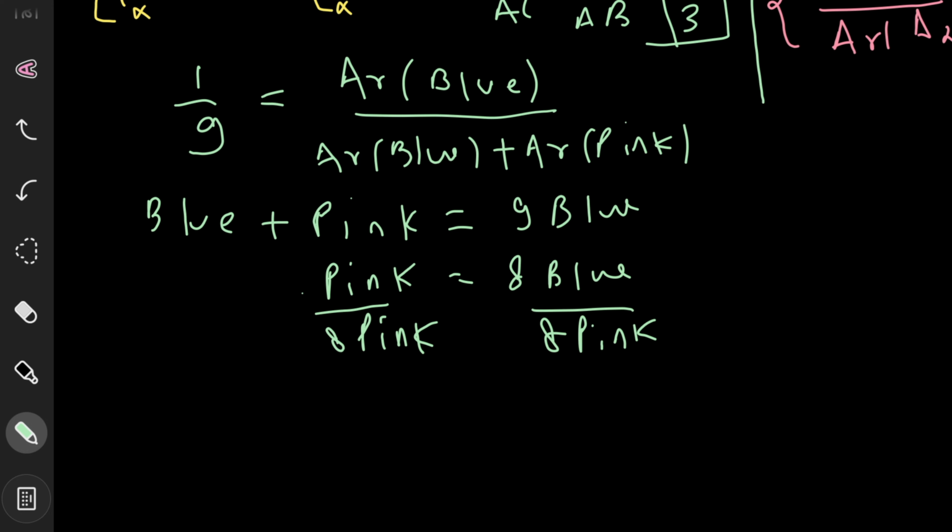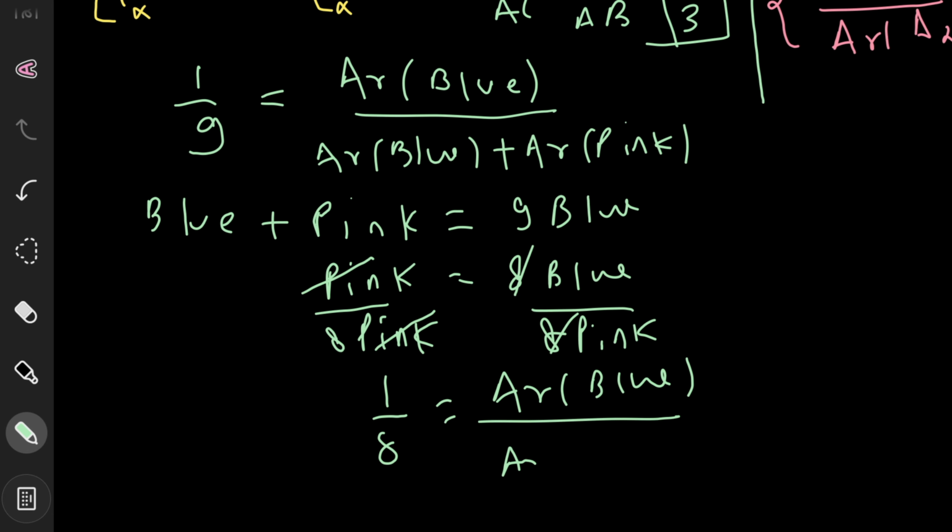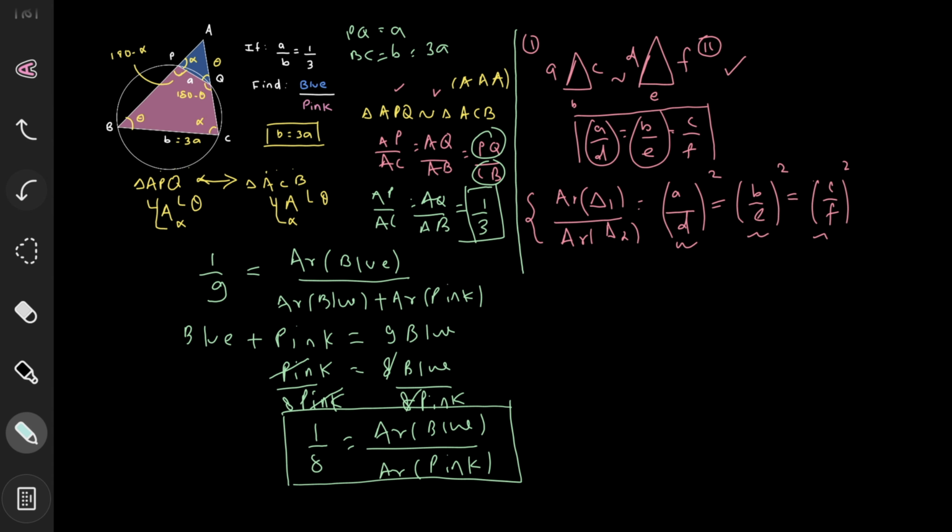So on the left hand side we can see that the pink area from the numerator and denominator got cancelled out. So it remains only 1 upon 8, and this is equal to 8 and 8 got cancelled out on the right hand side, and simply we have the area blue divided by the area shaded in the pink color. And that's the answer that we were looking for. You can see that the question was to find the area blue upon area pink, and that we have got as 1 upon 8. So this was my way to solve this particular problem.